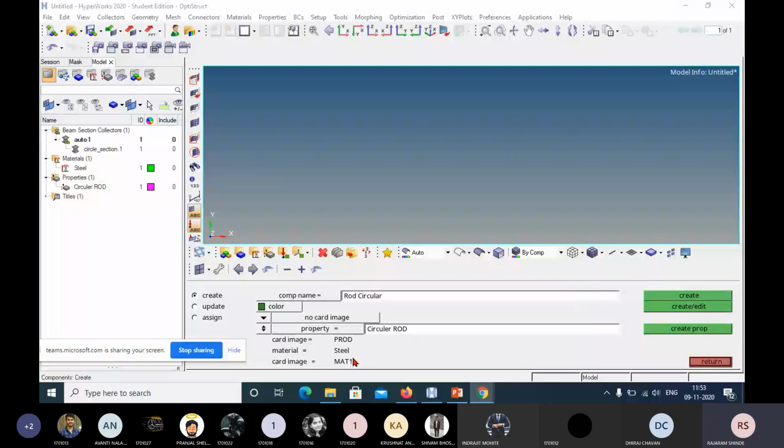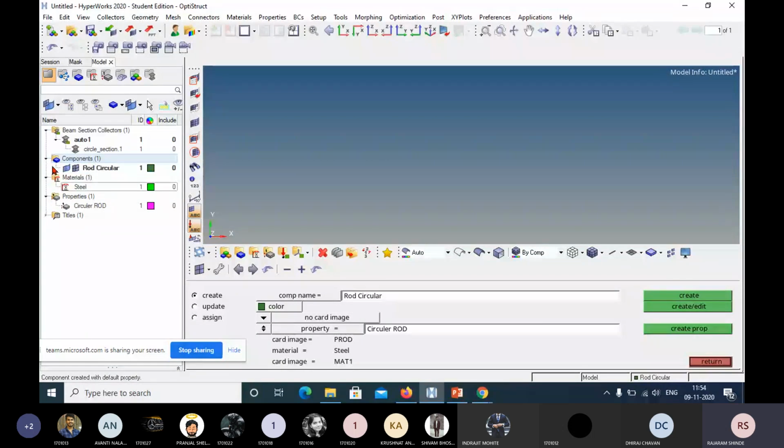And if this component has no card image, then it is not necessary to click on the create edit button, you can click on just the create button, okay. Now when we click on create button, here one component is added of this name.